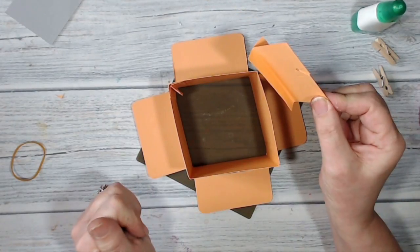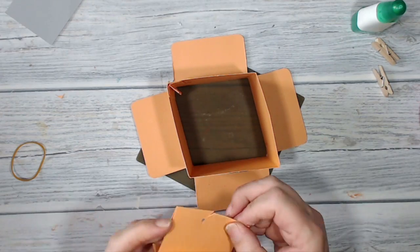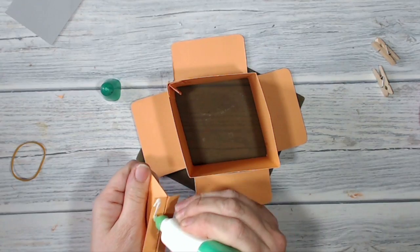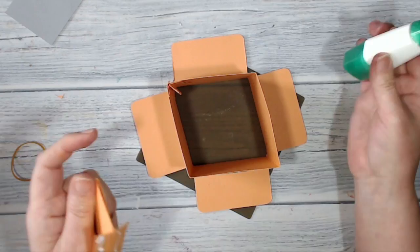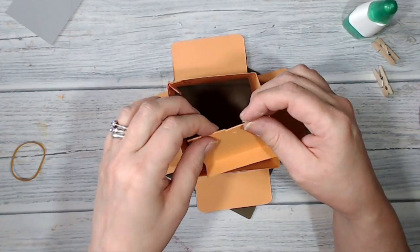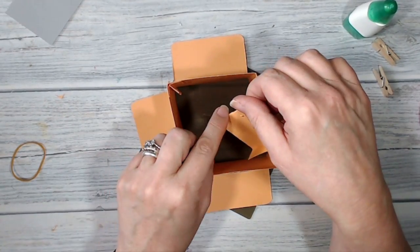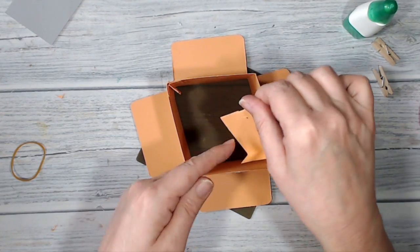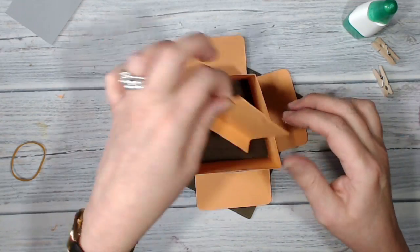Right, the glue has had time to dry. I've put the smaller piece into the box already, so now I'm going to put the larger piece in. And again, I'm going to use a wet glue, because there is going to be quite a bit of force on these little bits of card, and I want to make sure that they stay where I want them to. Okay, so I want this arrow piece here pointing towards the top of the box, so this is the right way up. I don't want it that way around. Okay, I want it that way up,